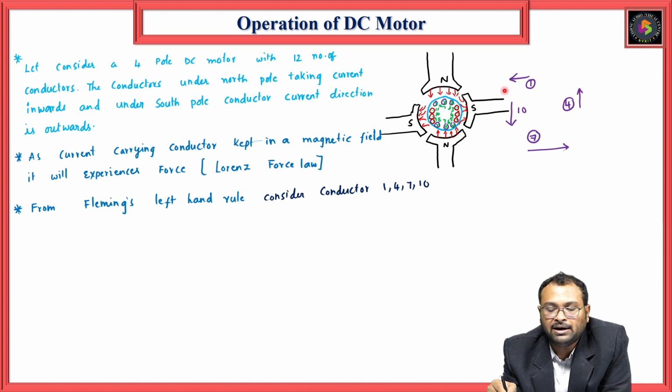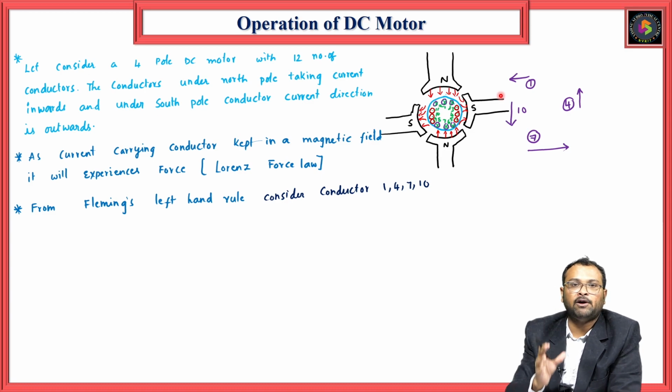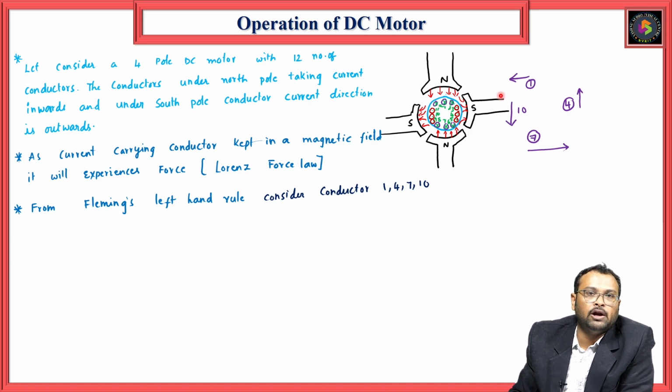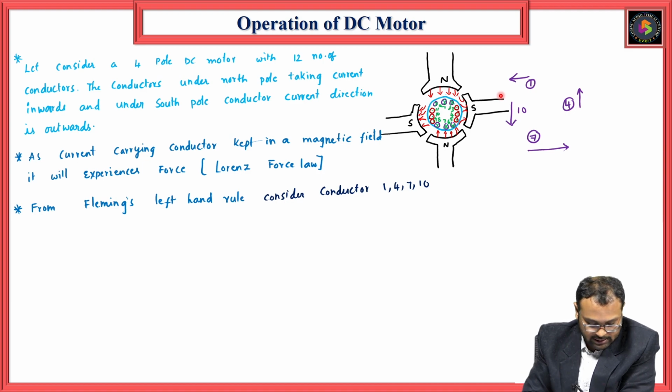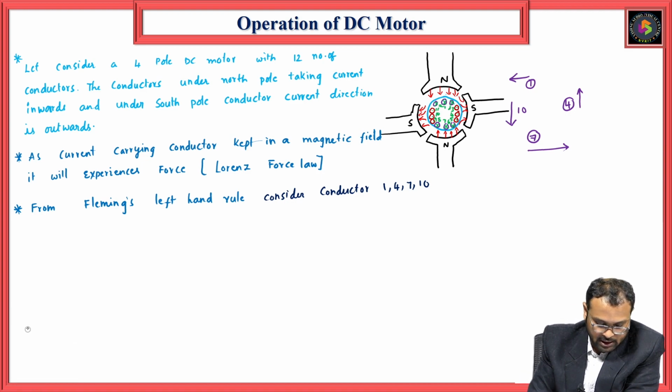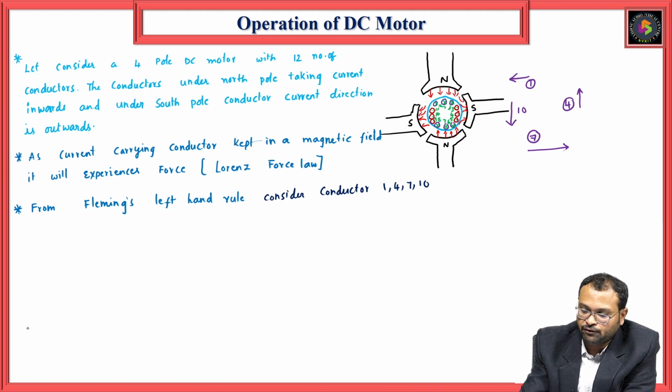All the forces combined will move the armature in anti-clockwise direction, and they develop a combined torque. That is the torque of the DC motor. I hope you are clear. So we consider the 4 conductors, and from Fleming's left hand rule, we can understand